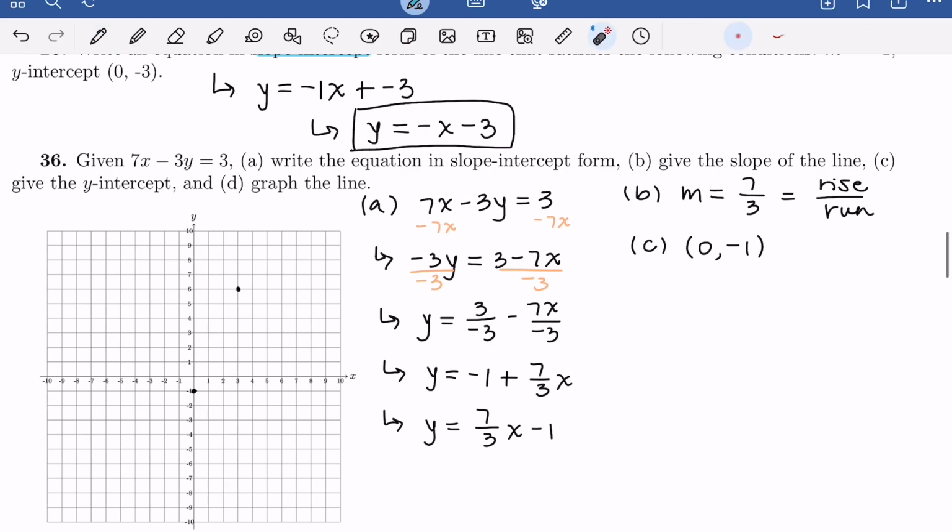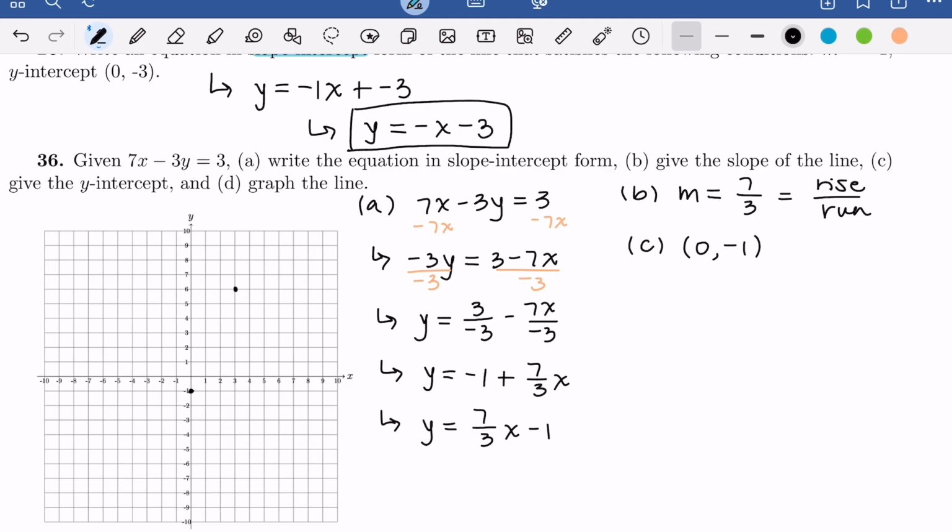Now, if we wanted to do a point in this direction here, we're just going to go in the opposite order here. We're going to go over 3 and then down 7. This is going to give us this point here. And so connecting these dots is going to give us this line. Let's draw that a little bit nicer, make sure it passes through all of these points. All right, so that is how we would graph this line here, given just the equation, and identify the slope